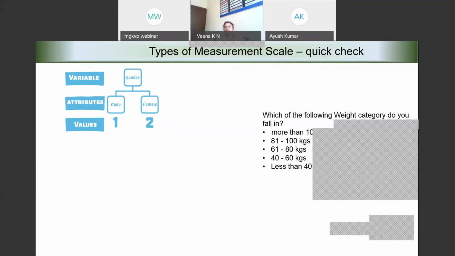Interval. One participant is writing it as interval. Okay. One more is saying interval. Any other answer from anybody? Interval. One more says interval. Okay. Before I give the answer, can you tell me what is the variable here? Many of you are writing it as interval. Fine, good. What is a variable under study? Weight. Okay, weight, is it countable or measurable, or what type of a variable is this?